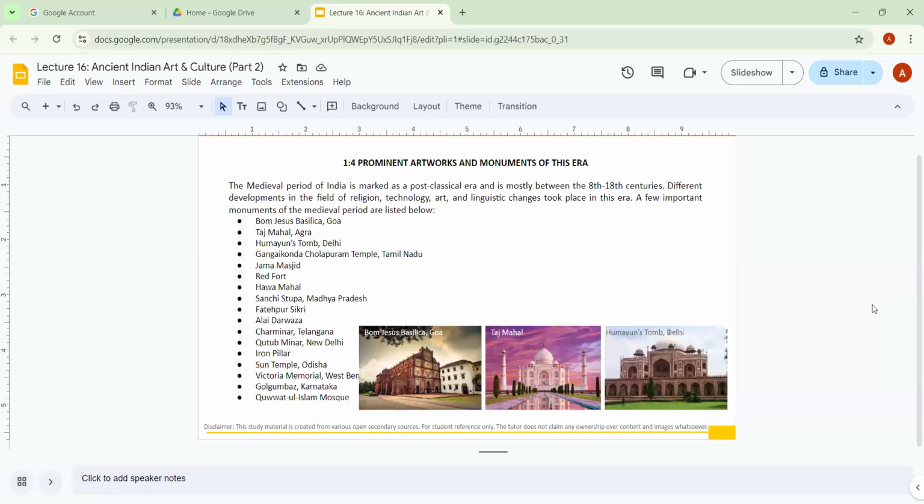Prominent artworks and monuments of this era. The monuments that were developed during the medieval period in India are very prominently known as tourist places in today's time. As we can see, the Bom Jesus Basilica Church, located in Goa, the Taj Mahal, located in Agra, Humayun's Tomb in Delhi,